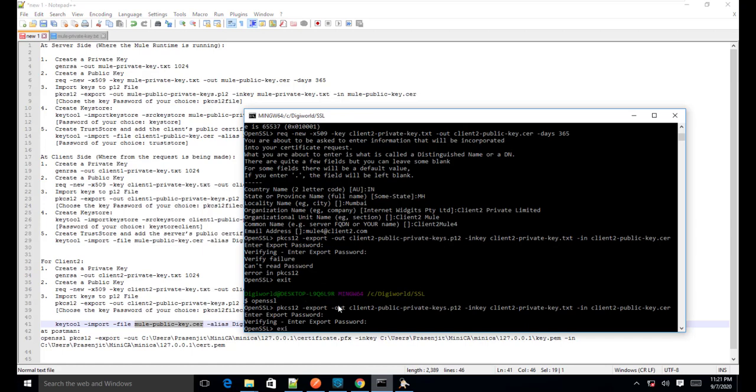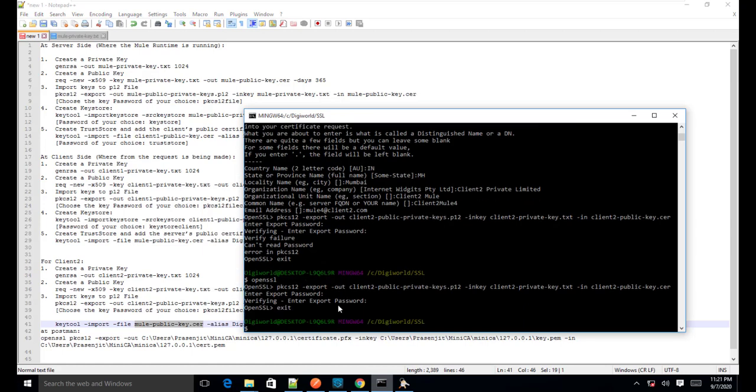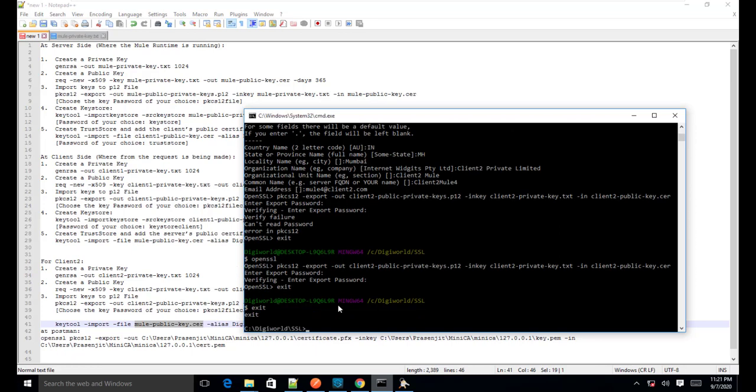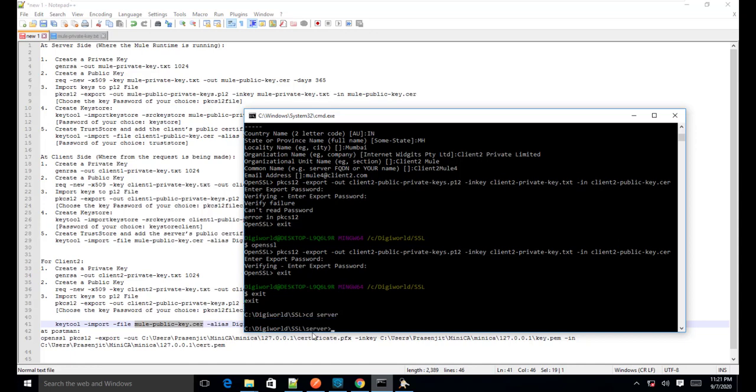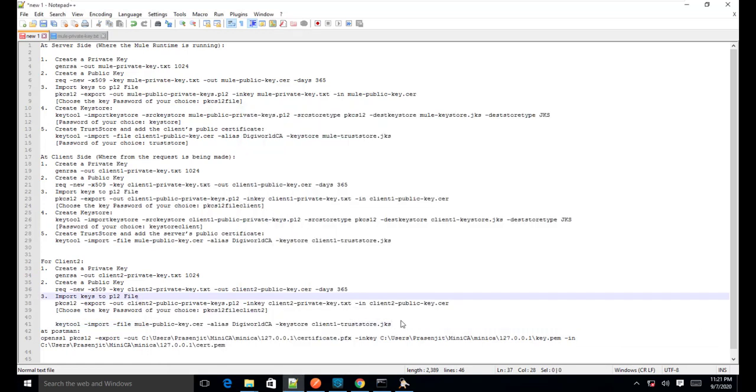So I am just closing the OpenSSL, and also I will close the bash, and as you can see I am in the SSL folder. So now I will change the directory to the server folder as the certificate is present in the server folder.